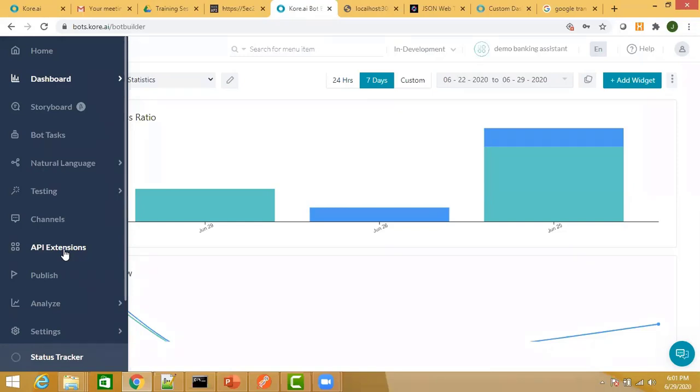Bot context means those details are available to the bot which is designed. So to a particular bot, if you want to add some data, that is available in the bot context. Irrespective of who is the user, these details are available for that particular bot. So that is your bot context. User session context: for a particular session of the user, if there is some data which should be shared across all the tasks, you can store that data in the user session context.